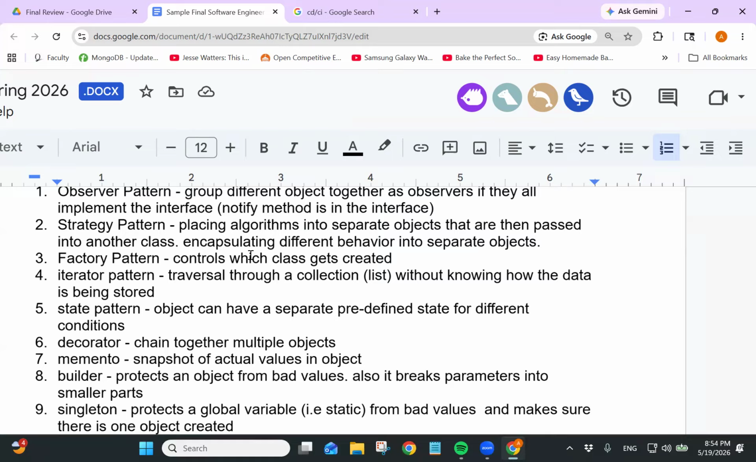The factory pattern, what does it do? It controls which object gets created, right? Right, it's a way of controlling so you don't accidentally use the wrong object, right? So it controls which class or which object